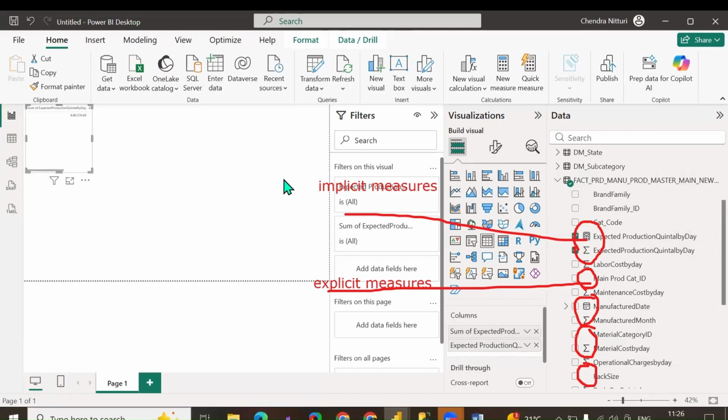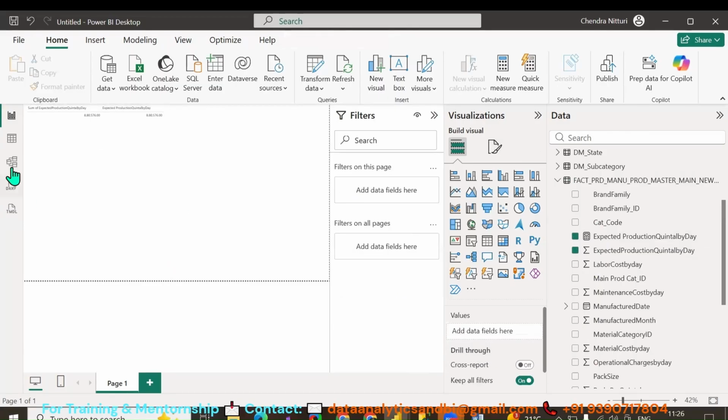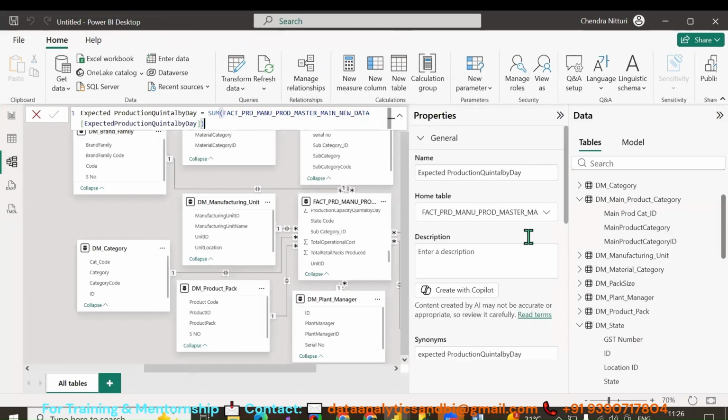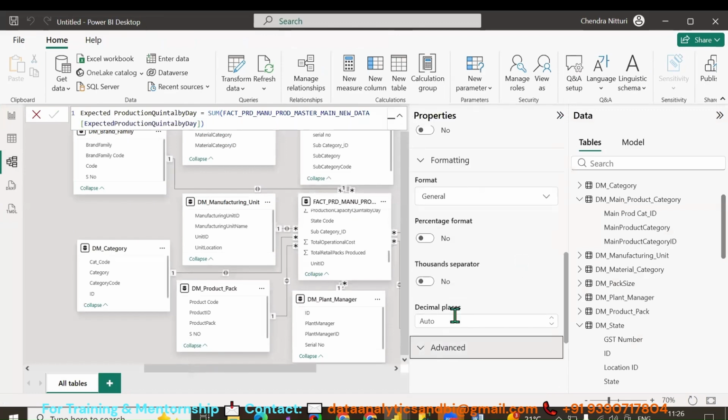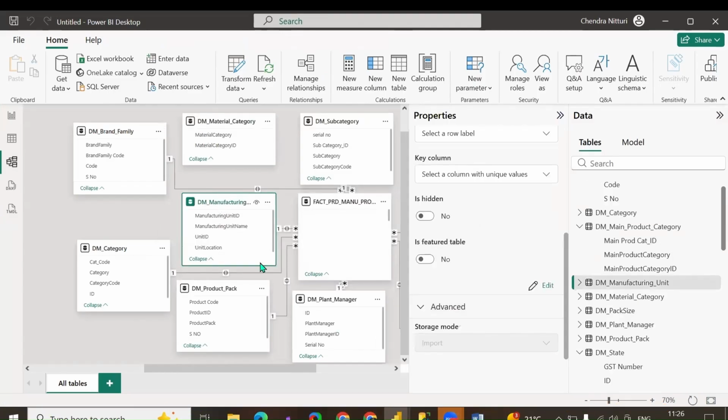What is the mode? How do you check the mode? The storage mode or the connectivity mode? Go to model view, expand the properties. In the advanced section, you find it, not the category. When I click on this,